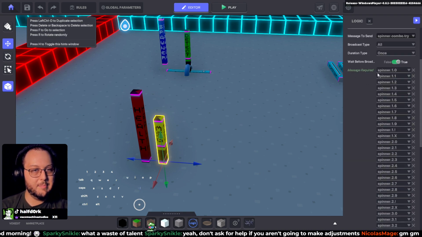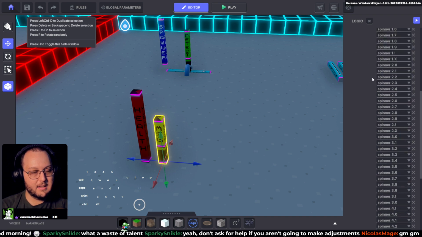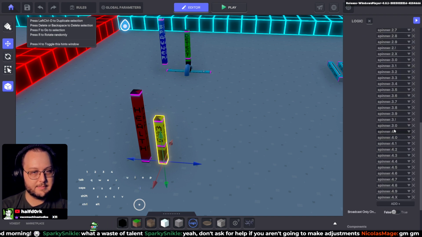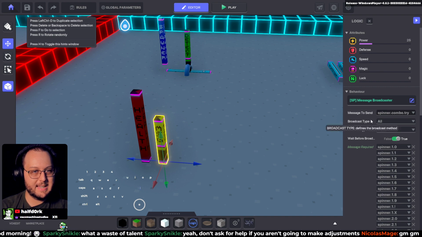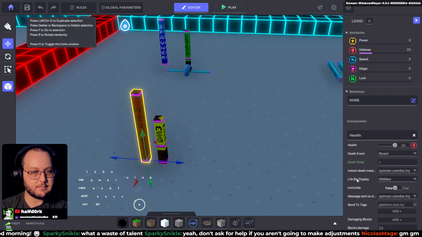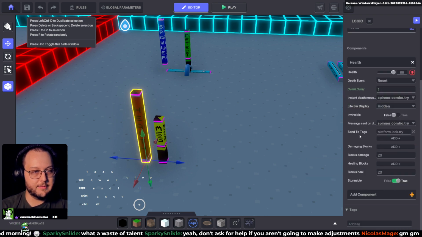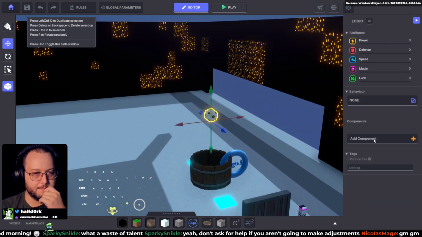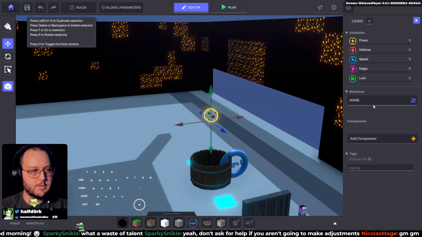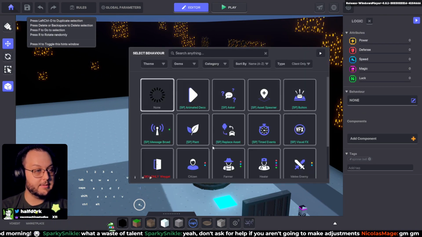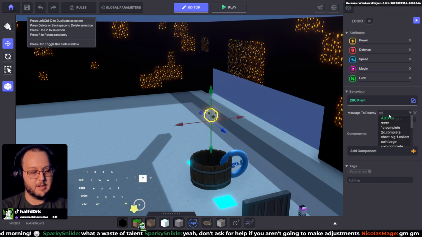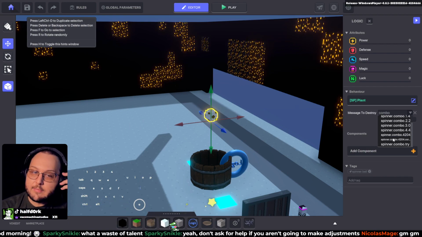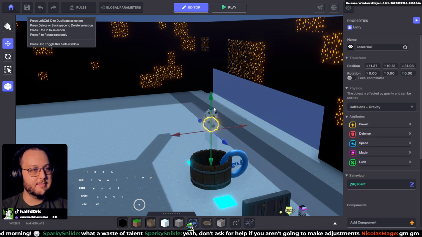So basically, if I input any of these spinner combos, it was sending out spinner.combo.try. Spinner.combo.try was communicated with the ball, in this case. So our ball is going to be killed. So we're going to use a plant behavior. We're going to use combo.try to kill it, while also simultaneously